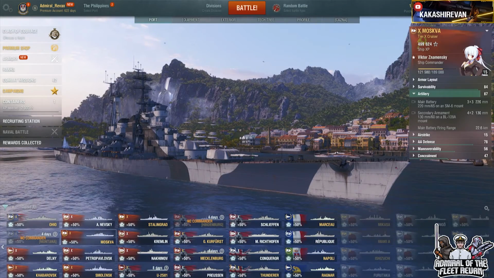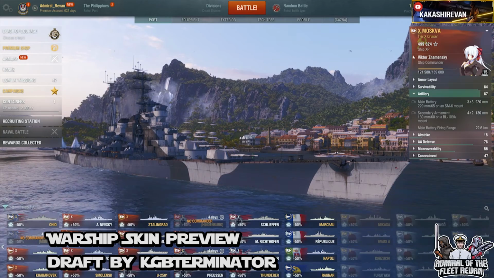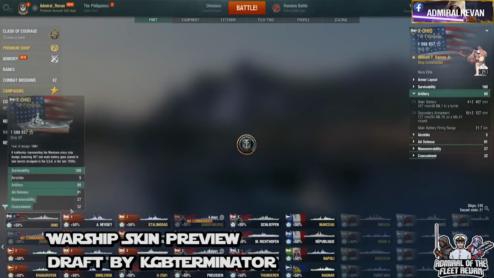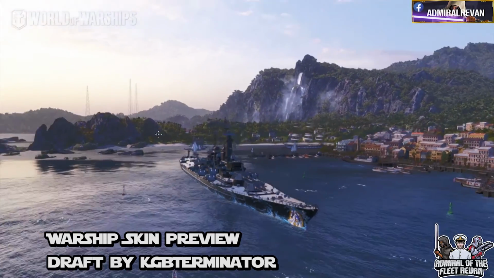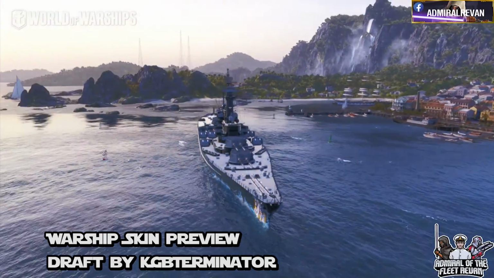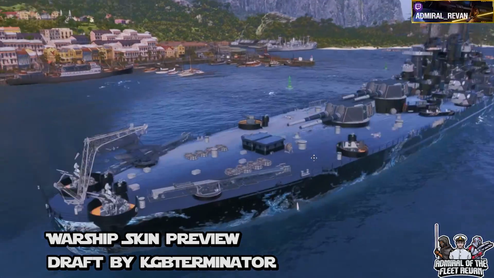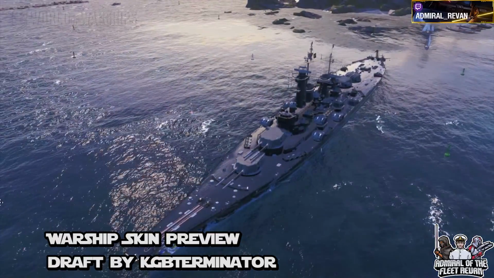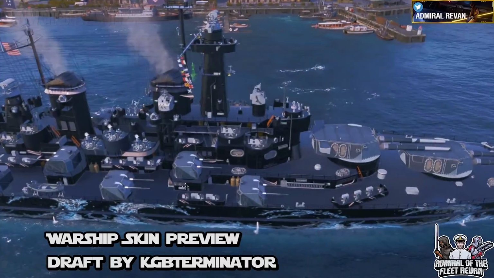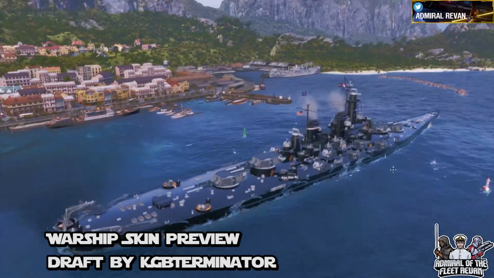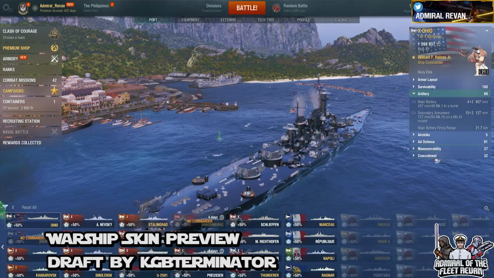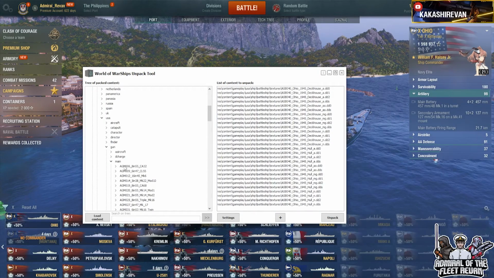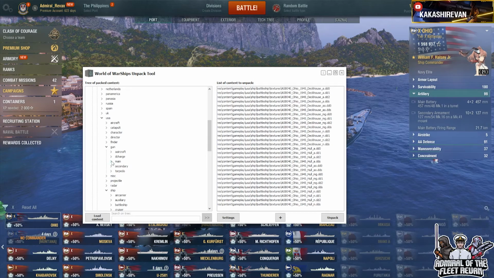Okay, so we loaded our friend's skin on the game right now. It's ready to go, and I'm about to demonstrate this in a minute here. So basically, when you go to the Ohio now, this is what it looks like. Now, this is without the turrets being done, but as you can tell, the hull looks very impressive, right? So just remember that you have to do it differently for different components of the ship. This is for the hull, the guns, the AA, by the looks of it, and a few other things. If you look at the unpacking tool, there are a lot of different items